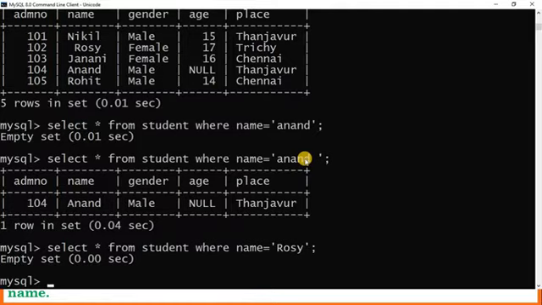Here we have two more functions. The first one is LTRIM, which removes the left side space from the value, and then RTRIM, which removes the right side space from the value. The TRIM function removes the space from both sides, starting and ending, from the column.